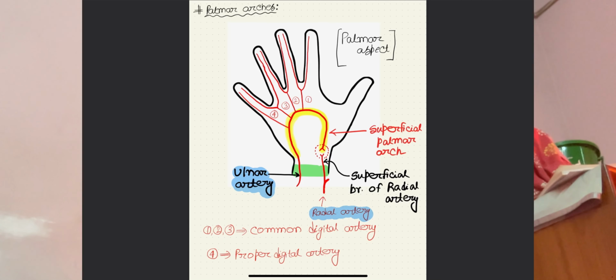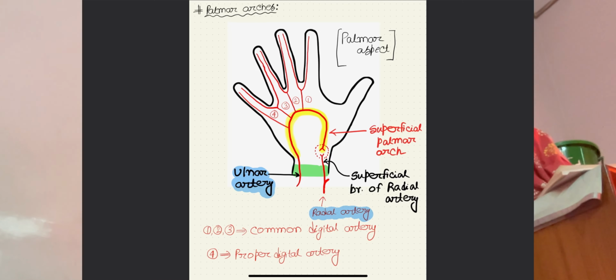In the diagram we can see that the ulnar artery is shown here. This ulnar artery is passing superficial to the green colored band. That green colored band here is the flexor retinaculum. So it is passing superficial to the flexor retinaculum, and it is forming an arch. It is highlighted in the yellow color. It is forming an arch, and the arch is completed on the other side by another artery, which is written here, superficial branch of radial artery. So just this thing we have to remember. What are the components of the superficial palmar arch? The ulnar artery and the superficial branch of the radial artery.